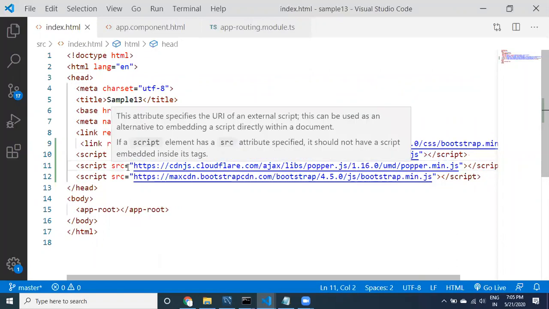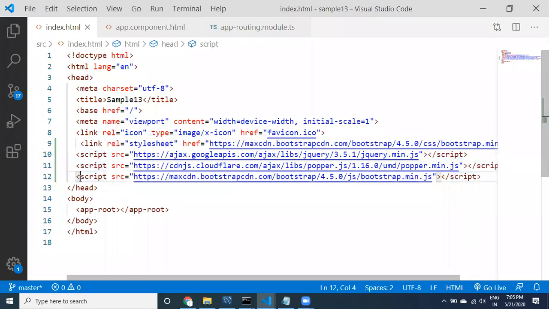Whenever you use this script tag, it goes to the internet and gets it directly. And remember, for now, index.html is going to be loaded at the very initial stage of the application's loading. Whenever the index page is loading, that time only all scripts and links are going to be loaded. Okay guys, is that okay for you?